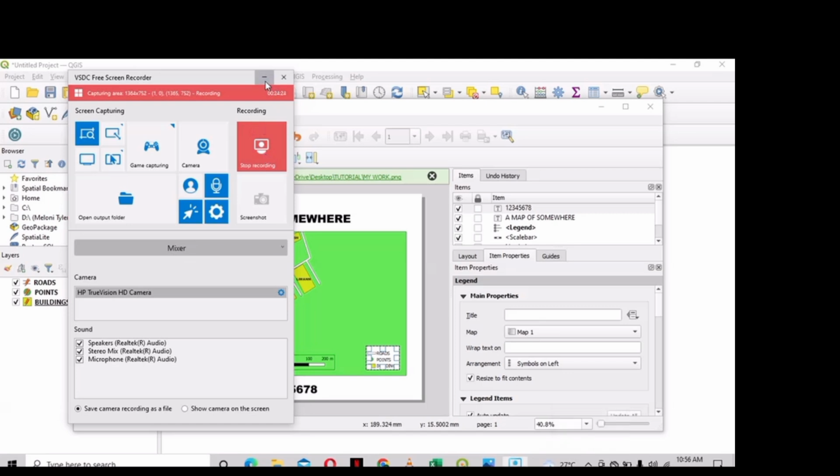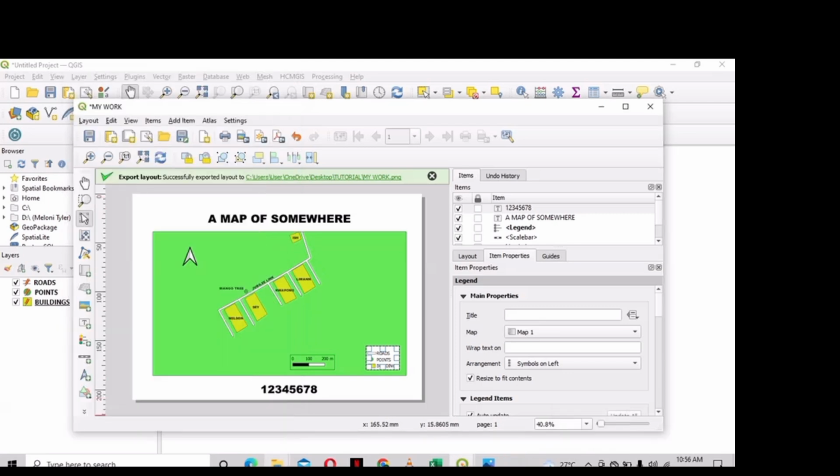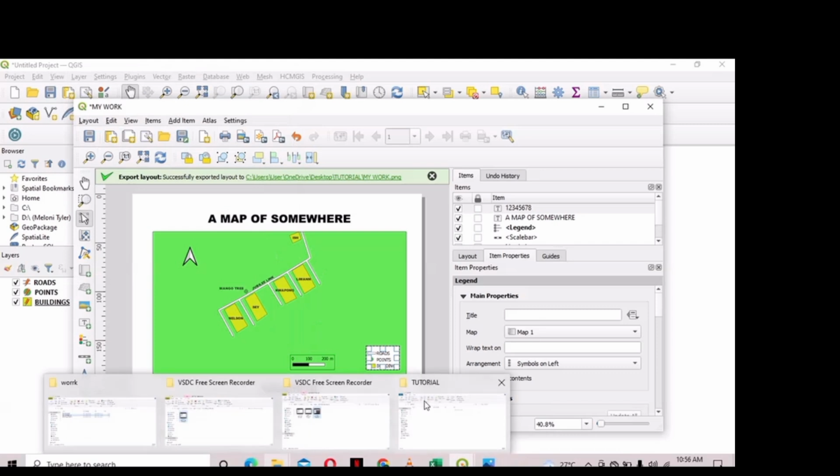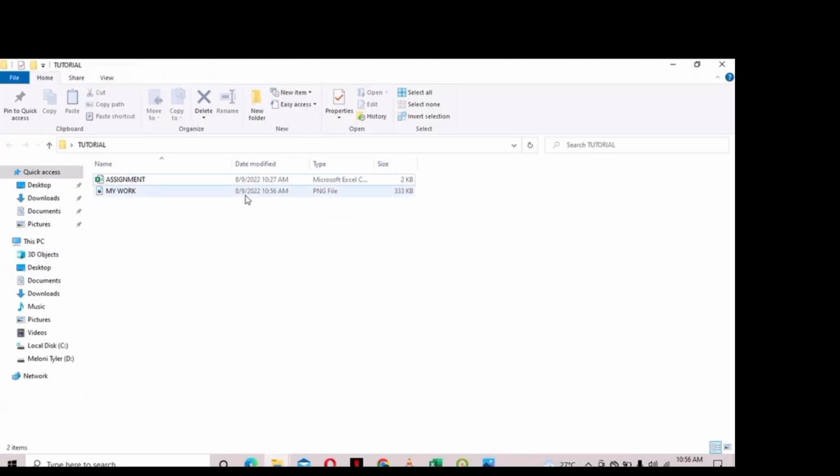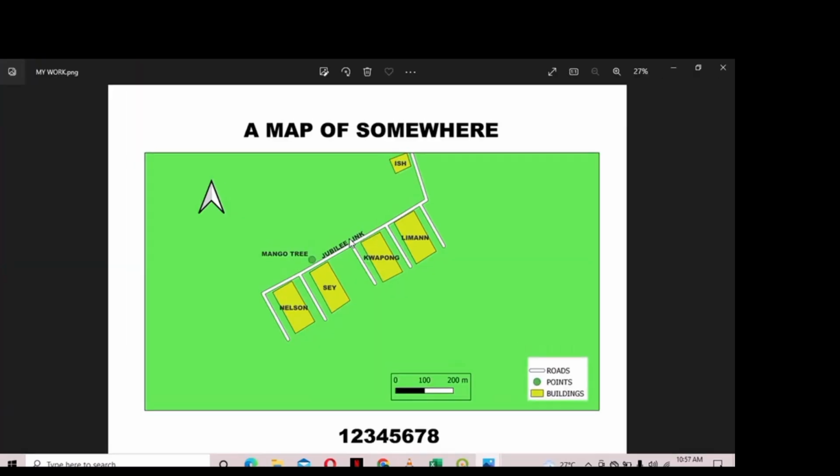Let me just view this work so that you get to know how it looks. When I open this, the work is saved as an image here. I'll just click on the image, and it's going to load my work for me. It's just trying to open and then show you how my work looks. So that's how my work looks. A map of nowhere. I have my map title, my north